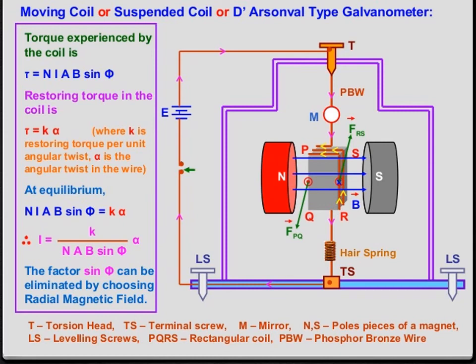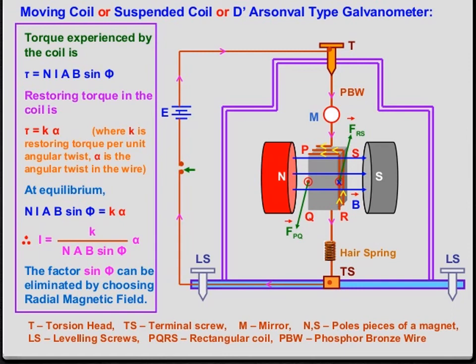So what working takes place here? There is a rectangular coil PQRS whose length is L and breadth is B. So PQ equal to RS, that is equal to L, and QR equal to SP. Let I be the electric current flowing through the rectangular coil PQRS. Now the horseshoe magnet has hemispherical magnetic poles which produce a radial magnetic field. Due to this radial field, the sides QR and SP are always parallel to the magnetic field and experience no force. Finally, G equal to K by NAB, that is the galvanometer constant.